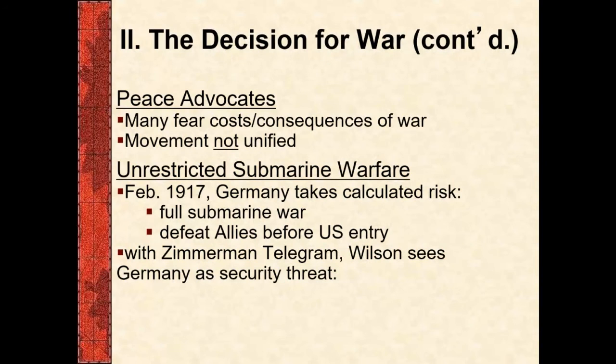What's also going on in Russia at the time, they're going through a revolution. The Tsar abdicates. Eventually, the Bolsheviks take over, but they end the war. They end their part of the war. The Russians pull out, and they sign a peace treaty with the Germans and the Central Powers. So they have closed down the Eastern Front of the war. The latter half of World War I is all fought on the Western Front, or at least the last 2 years, because Russia's out. So by losing that key ally, Great Britain and France need the United States. And the United States, after the Zimmerman telegram, is more than willing to help them out.